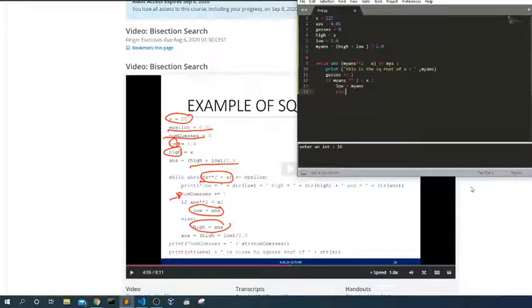Else, if it's more, we're going to replace the value of x with the highest.